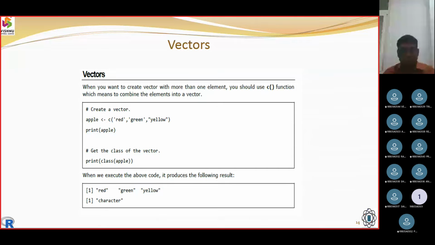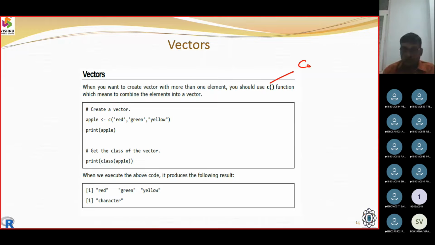So now let us start working with vectors. Vectors are going to play a crucial role in our language, where we are going to use the C function.